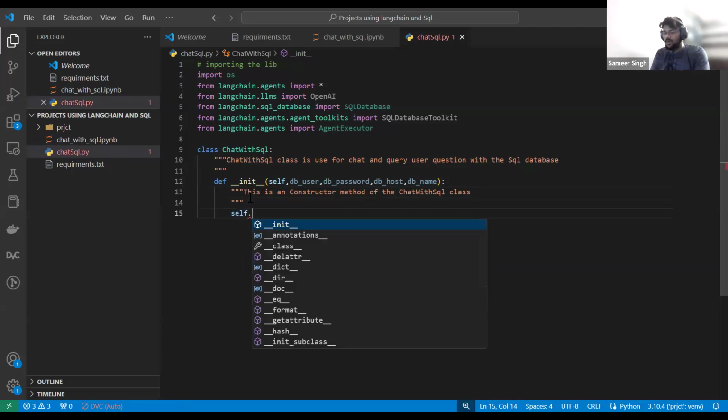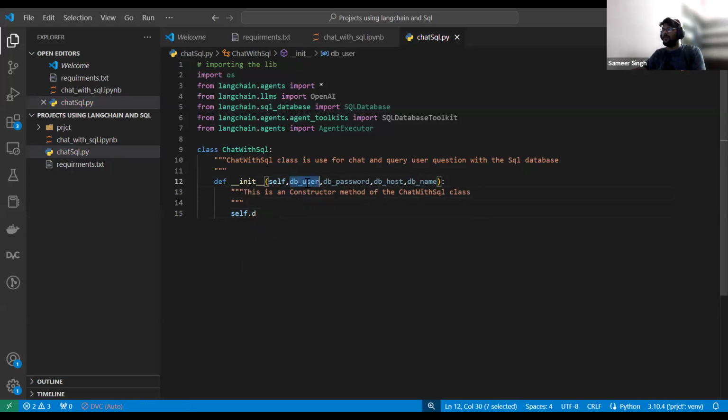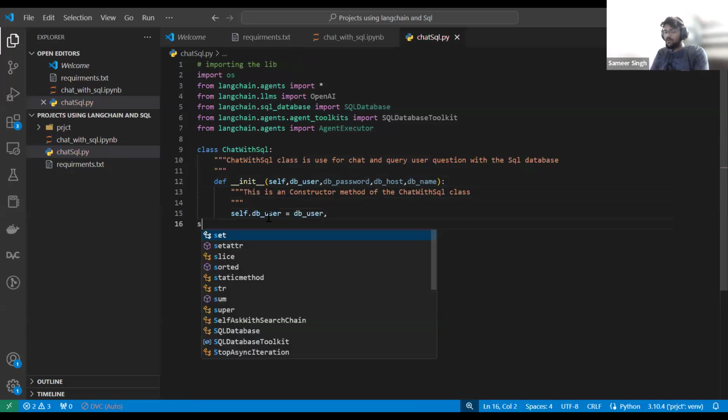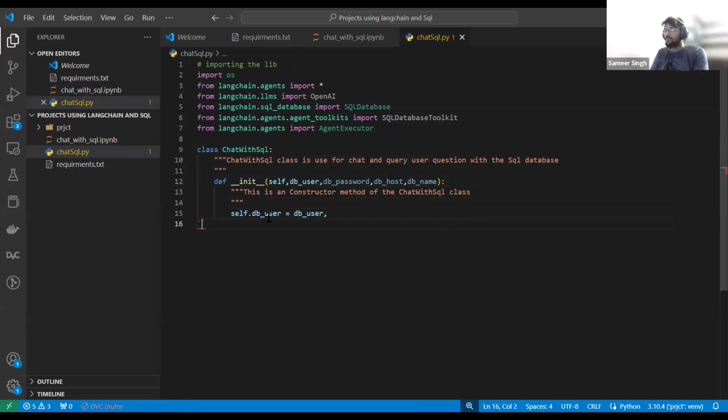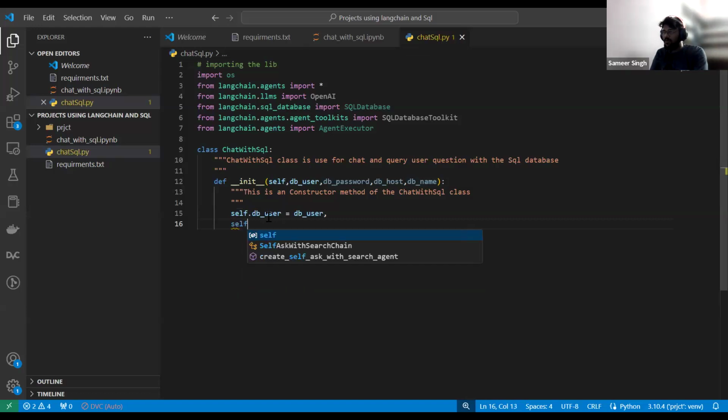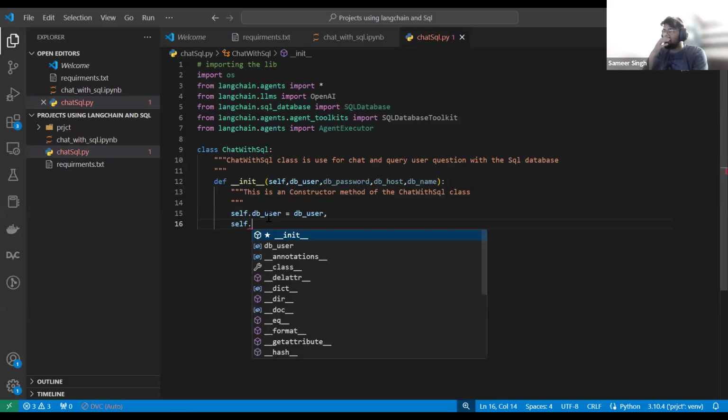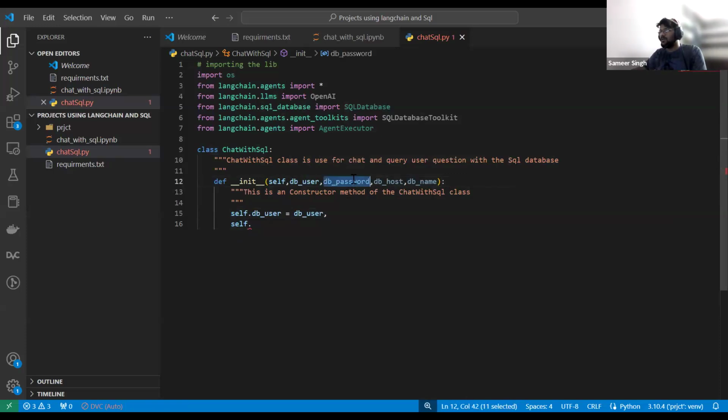Self dot db user, I'll say, is equal to this. Then we have something called... okay, we should not give the comma here.